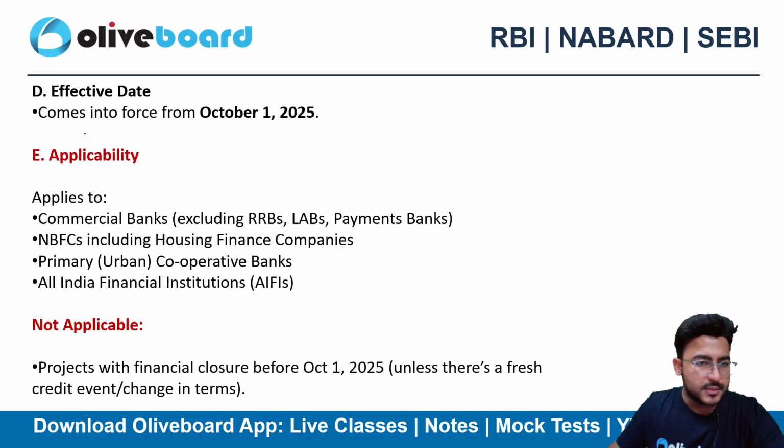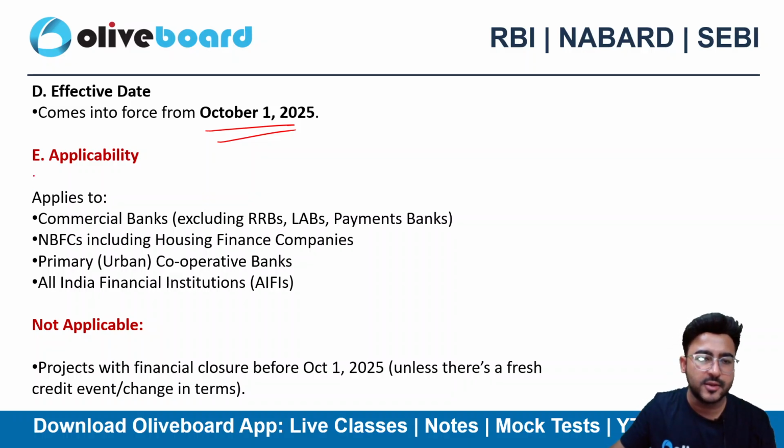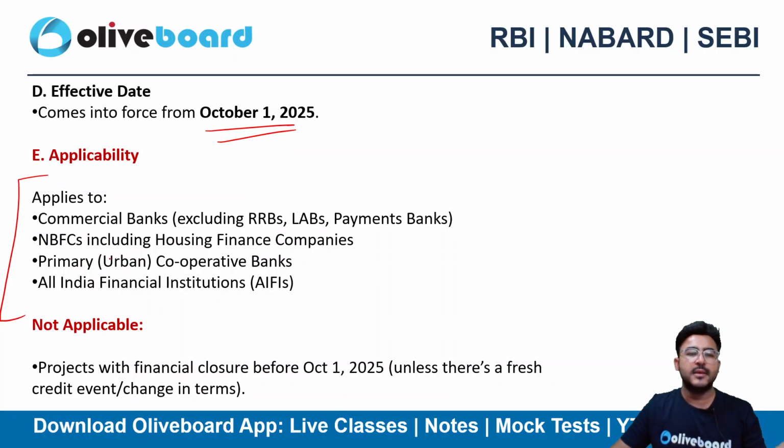Okay, so the effective date is 1st of October 2025. From 1st of October 2025 these directions will be applicable, right? And they will be applicable on commercial banks, NBFCs, including the HFCs, primary cooperative banks, all India financial institutions. So we can see that a wide variety of banks and financial institutions are covered here in the applicability. If I talk about the non-applicability, projects with financial closure before 1st of October 2025,